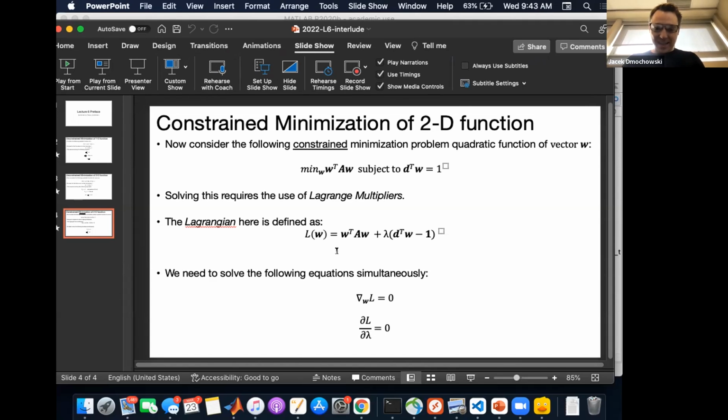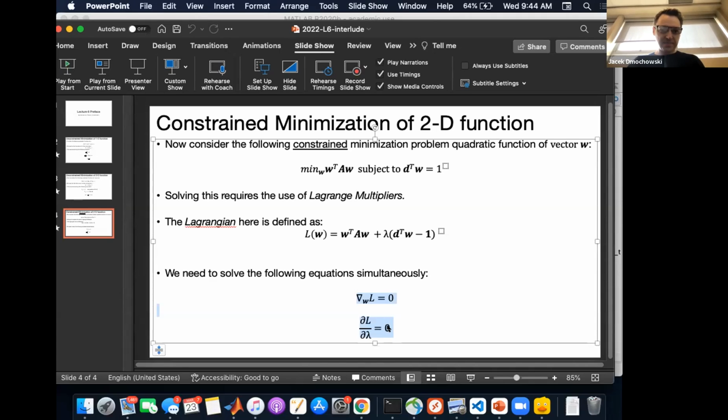It's all good. Look, I'm actually just putting up the slide to refresh your memory. This is called the Lagrangian, and it's a combination of the thing that you're trying to minimize, which is a quadratic, plus your constraint multiplied by this lambda, which is called the Lagrange multiplier. And the technique is to basically differentiate L, the Lagrangian, with respect to W and set that to 0, and differentiate the Lagrangian with respect to lambda and set it to 0. And what we saw,